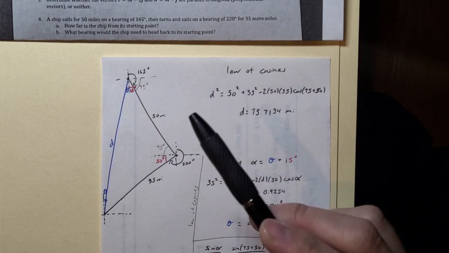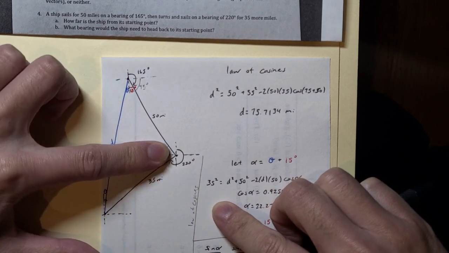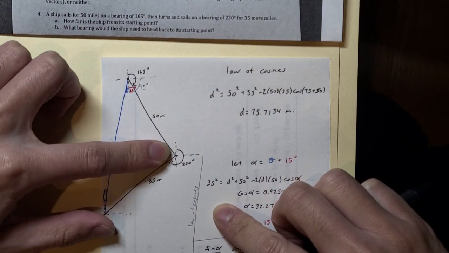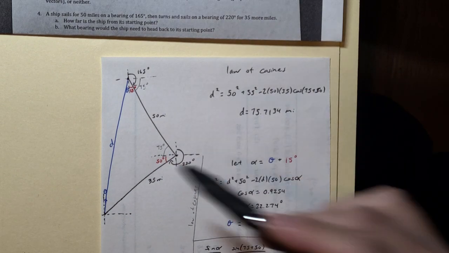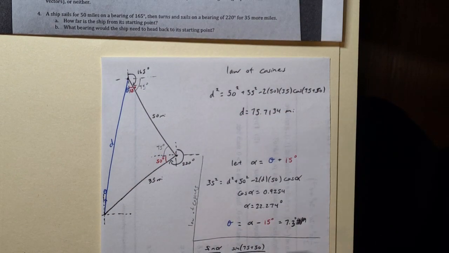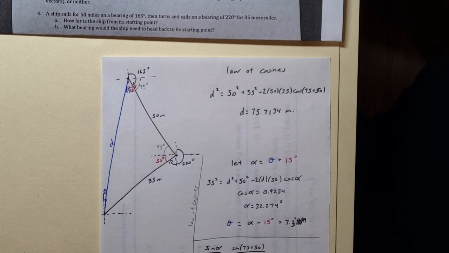And they don't give us this angle yet, so we have to find it. If we can find what this angle is, then we can use the law of cosine to find out what D is. And actually we could find out what this angle is if you're really good at visualizing and seeing which angles are congruent and all that, which is why I don't really like this method. I feel like people will struggle more with this method. Okay, so